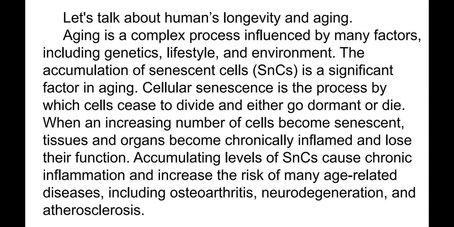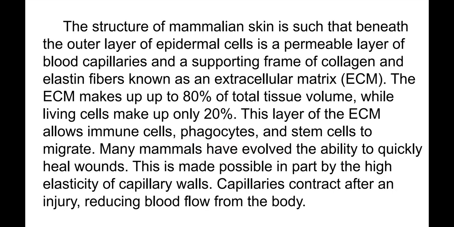When an increasing number of cells become senescent, tissues and organs become chronically inflamed and lose their function. Accumulating levels of senescent cells cause chronic inflammation and increase the risk of many age-related diseases, including osteoarthritis, neurodegeneration, and atherosclerosis. The structure of mammalian skin is such that beneath the outer layer of epidermal cells is a permeable layer